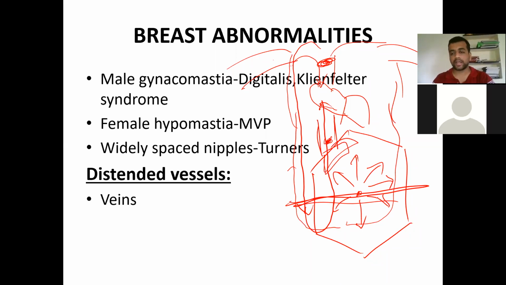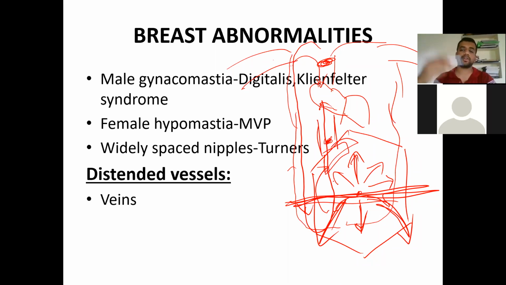And one more thing: normally the veins run radially away from the umbilicus. Above the umbilicus they go upwards, and below the umbilicus they go downwards. Even in portal hypertension, this is exaggerated only, but there is no breaking of the rule, like the downward one will go upward. It is not like that. Only in case of vena caval obstruction are you going to break that rule, below the umbilicus and above the umbilicus.